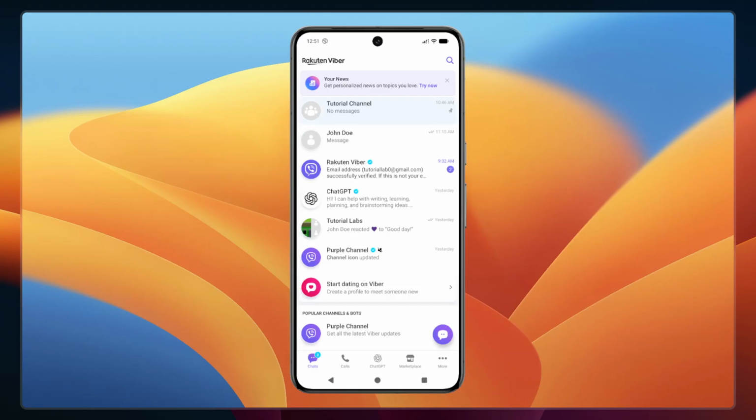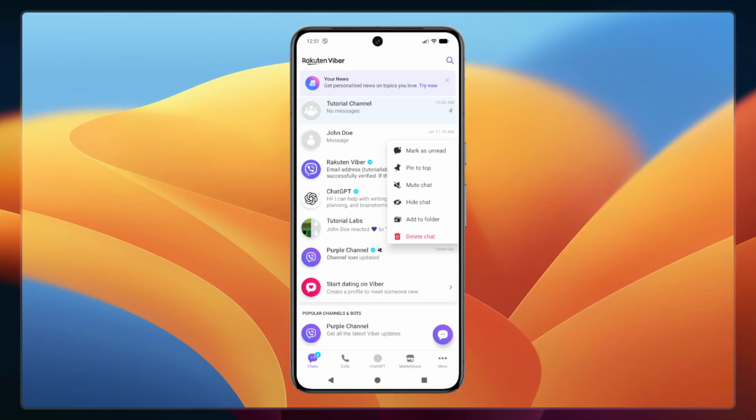Press and hold your finger on that specific chat. You'll need to keep your finger pressed on the conversation for just a second or two until a menu appears on your screen. This long press action is a common gesture in Android apps that brings up additional options and actions you can perform on the selected item. Make sure you're pressing directly on the chat you want to mark, as this gesture needs to register properly for the menu to appear. After you press and hold, a pop-up menu will appear with several options for managing that